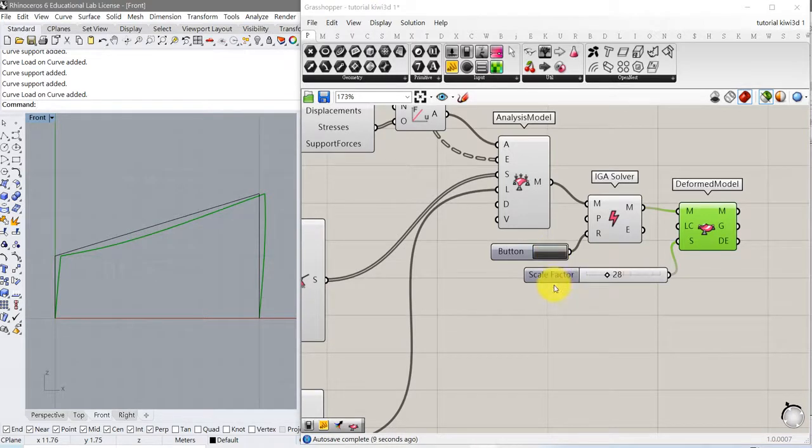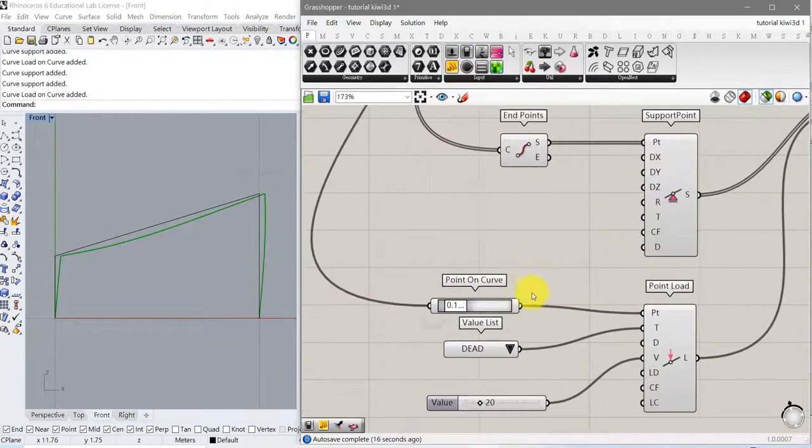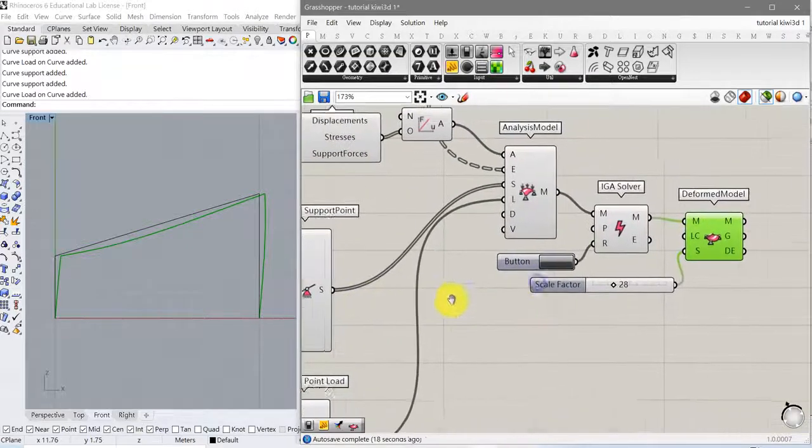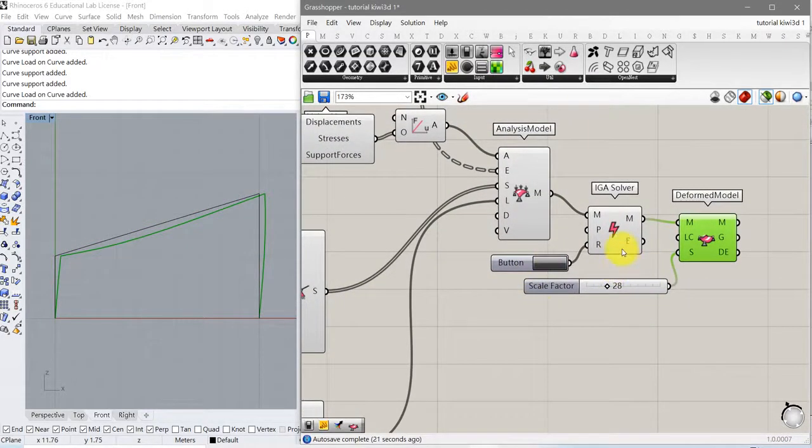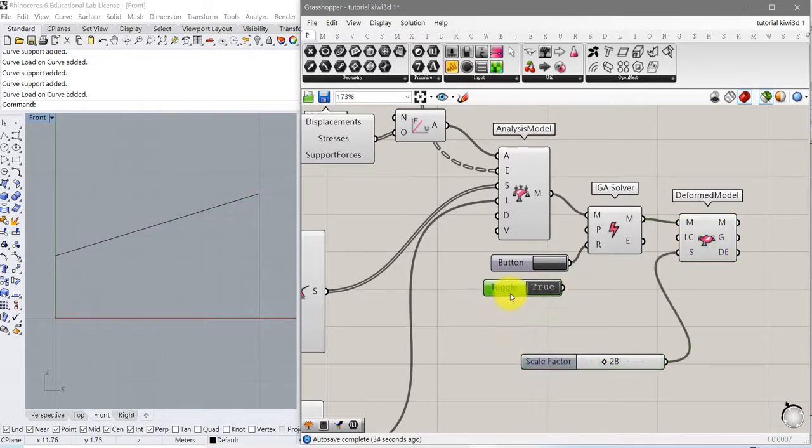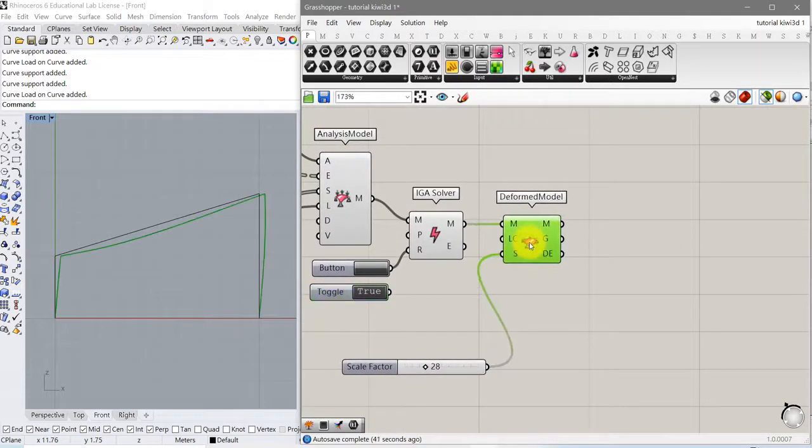If you want to analyze it in real time, which means whenever there is any change you want to simultaneously activate the solver, then you need to put a toggle here and set it to true. But in some cases, if the system takes a longer time to do the analysis, it may hang your system. Besides the deformation, if we go to Kiwi3D,